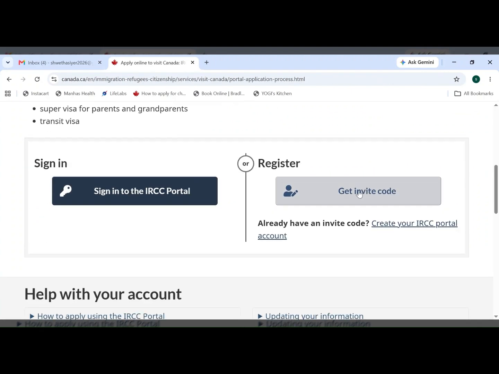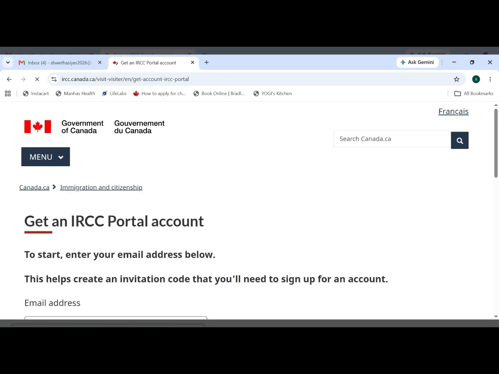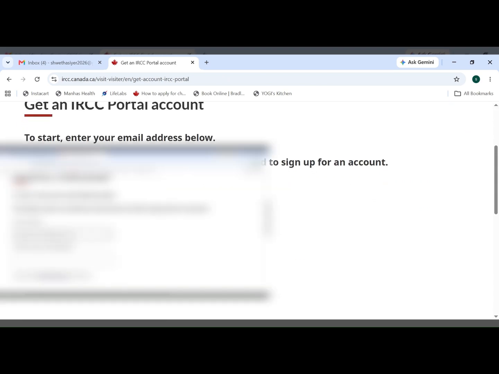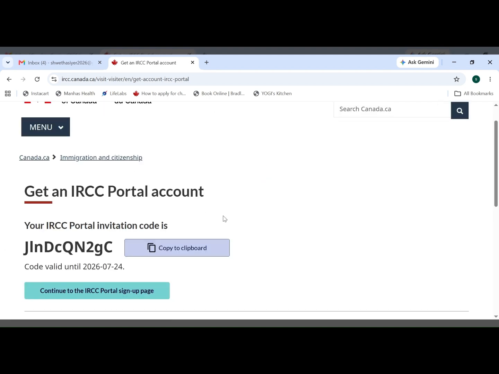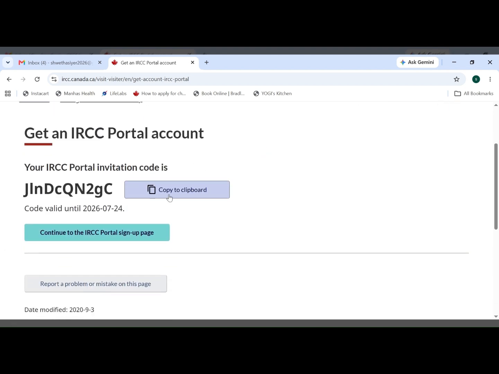Here you can register by getting an invite code. Enter your email address that you want to use to register for the IRCC portal and confirm the same and click on Get Invitation Code. Here you can copy the invitation code by clicking Copy to Clipboard button and then continue to the IRCC portal